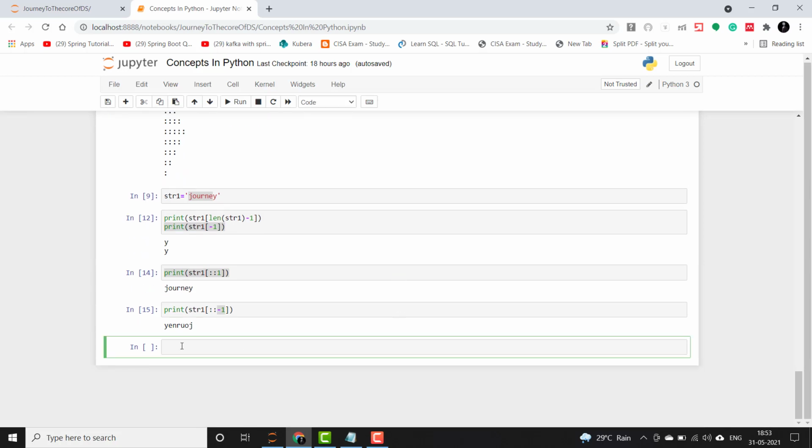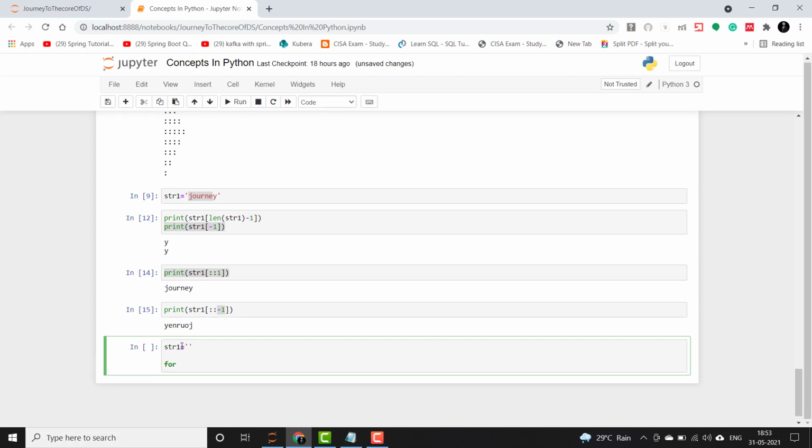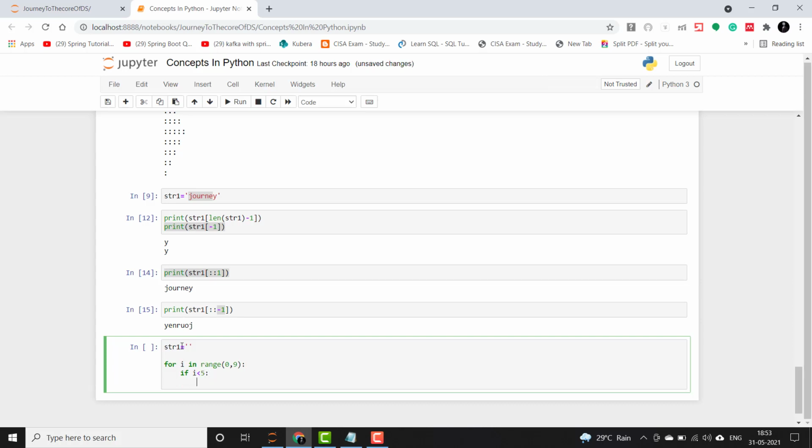Let's start. I'll take an empty string as str1. I'll create a for loop, let's say from 0 to 9, so total 10. I will check the value of i. For the first 5 values, that is from 0 to 4, I will do a certain thing, and for the rest I will do a certain thing. str1 equals str1 plus colon space, and then let's print this.